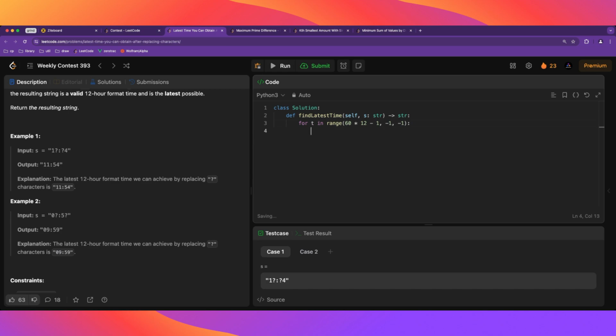So the step is -1, and this is going to be our time. Let's format it. Is format a reserved word in Python? I don't know. Anyway, let's format our time, and then we want to check if it's compatible. That means that for all